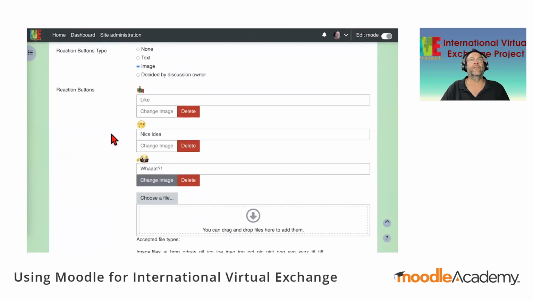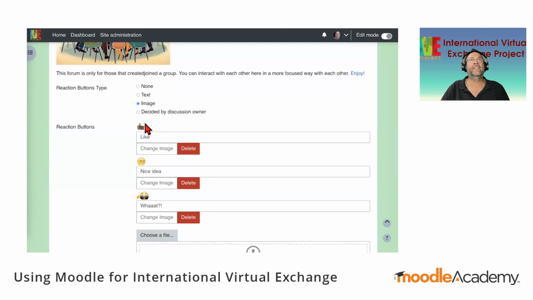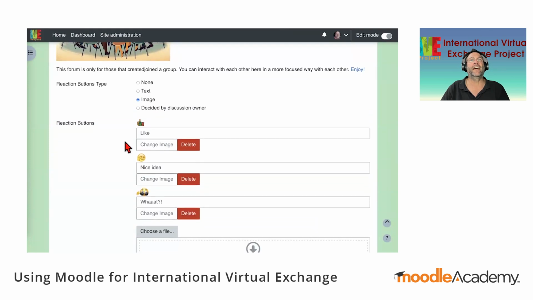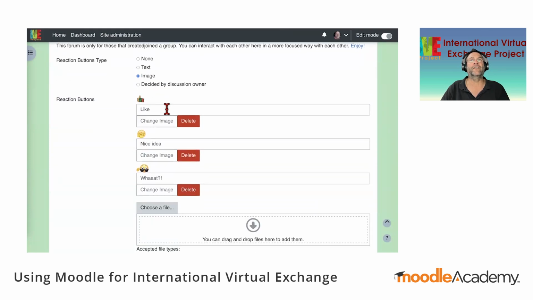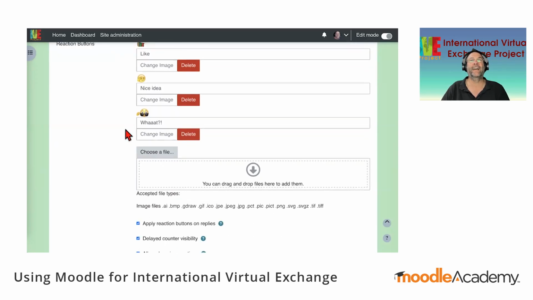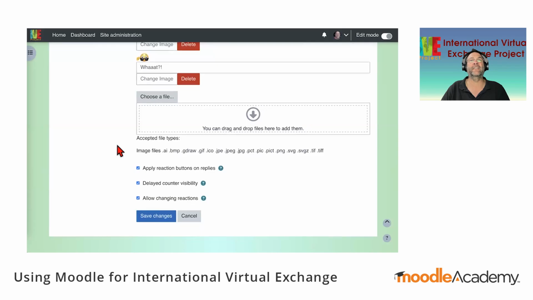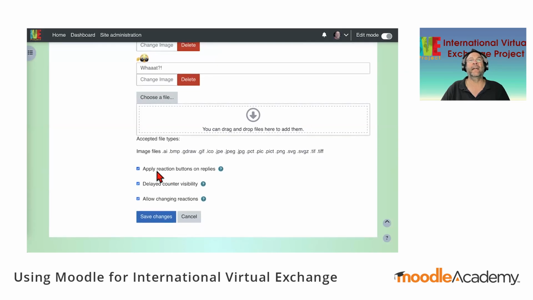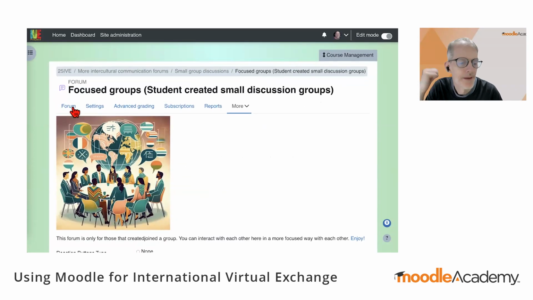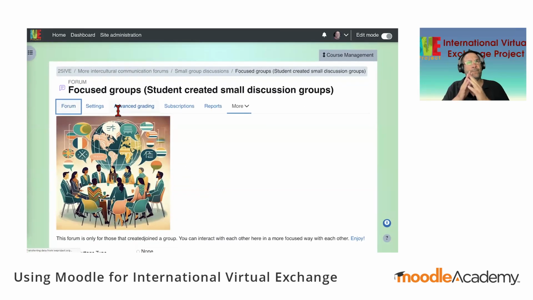You add the icon as an image. You can change the image, add text to the image, etc. All of those things can be added. Applying reaction buttons on replies, delayed counter visibility, all these kinds of things are also a part of that.